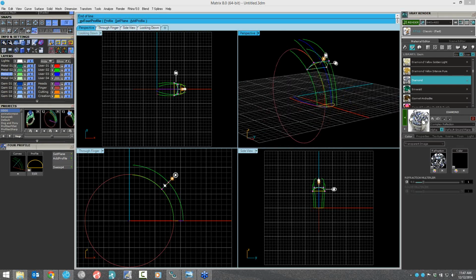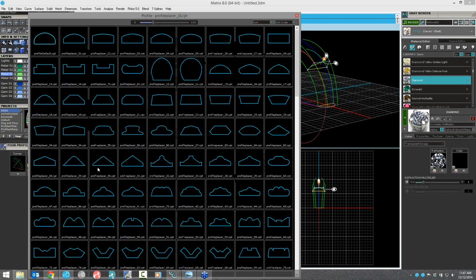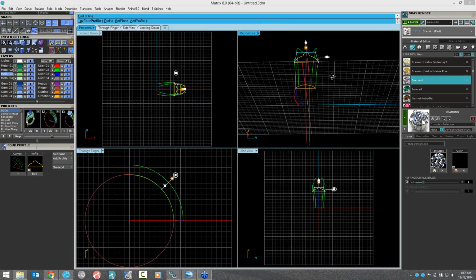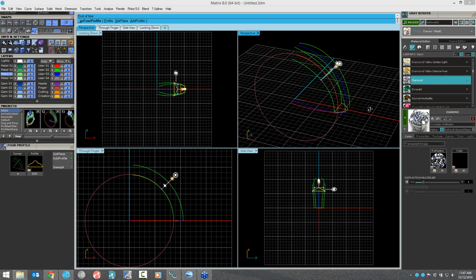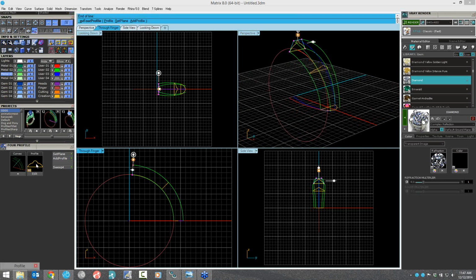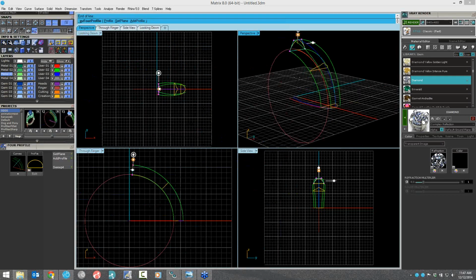If you want to change the profile, let's go ahead and I'm just going to add a little bump to the top of this profile, like so. All right? Then I'll say Add Profile again, and then I'll say Set Plane again, and I'll come over here and set that here. That profile, perhaps we'll go back to a smooth one. Okay, with that done,